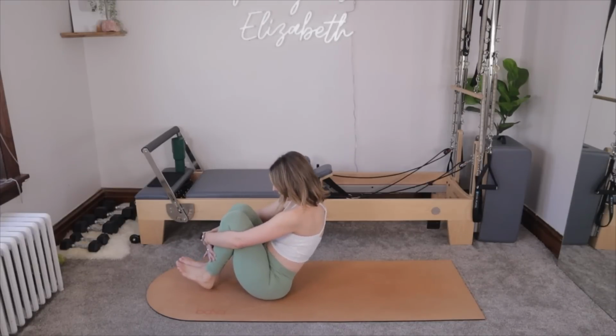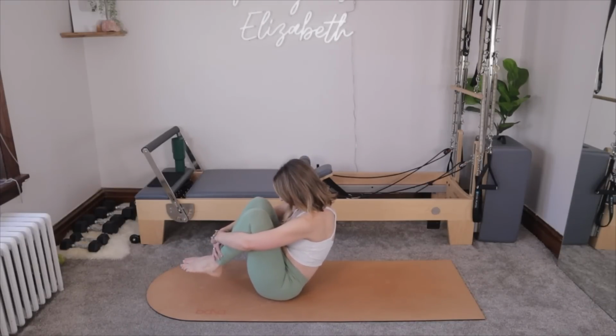Draw the belly button in, float the feet away from your mat, hold that ball shape. Your head stays looking in because we're in that C-curve shape. Just give me a little rock back, little rock, and a little pull forward. Little rock back, little forward, 4 more, back and forward. Just that little back. Use your abs to pull you forward, 3,